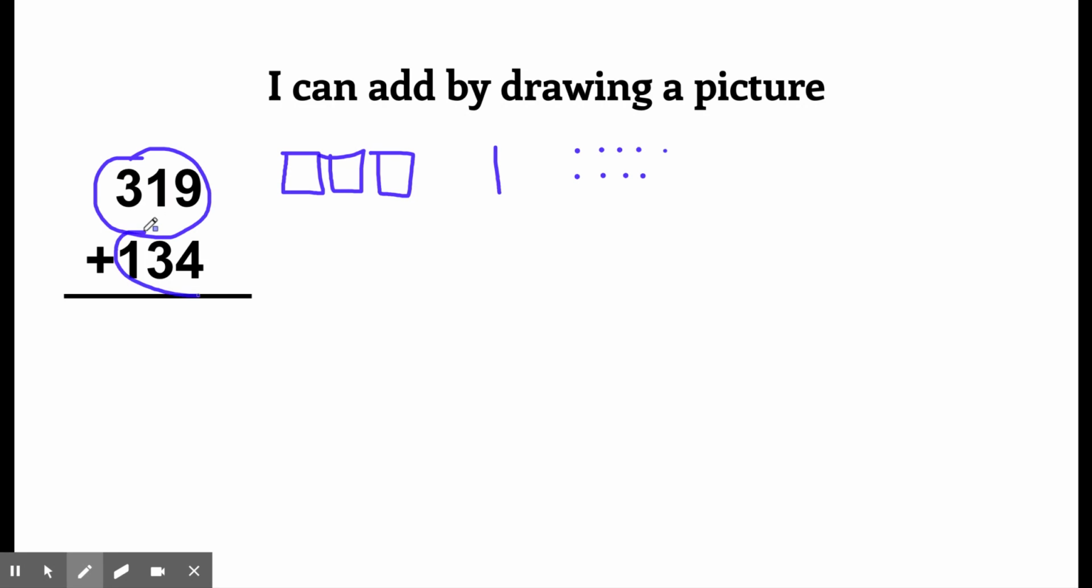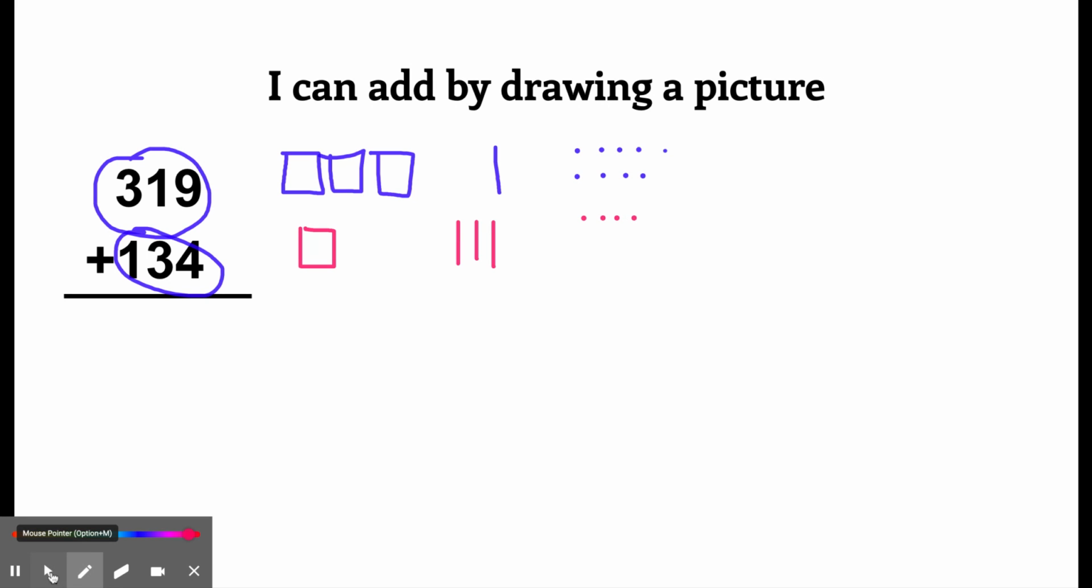Then I'm going to draw 134. That is 1 hundred, 3 tens, and 4 ones. I start by adding them together. I always like to look at my ones first. So when I look at my ones, I see right here that I have 9 ones plus 4 ones. Because this looks like a 10 frame, I can see that this one could go right here and I would have 10 ones and 3 ones left over, or